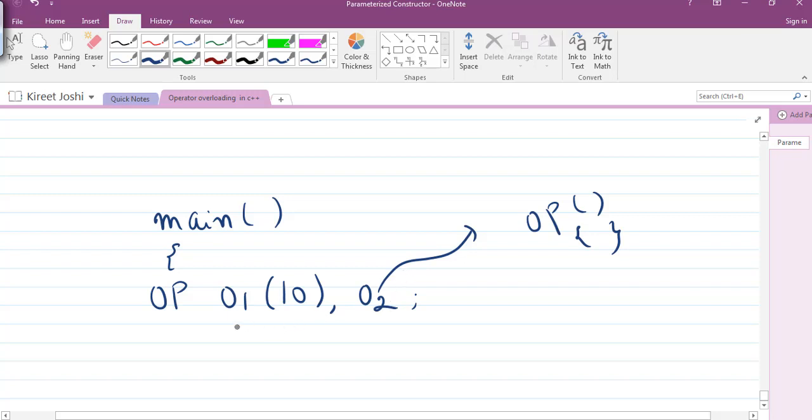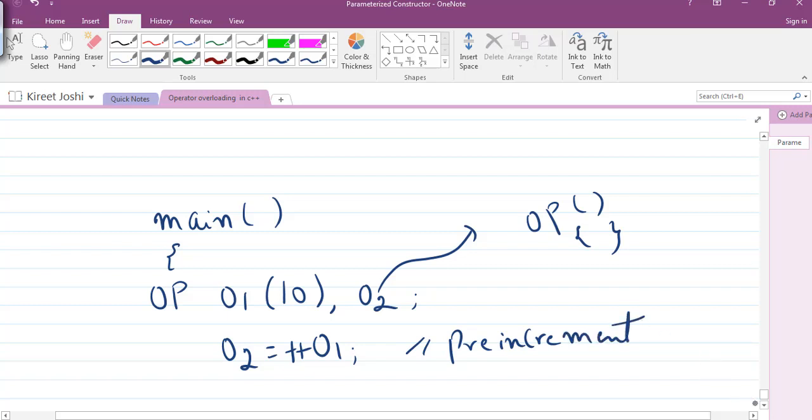Now what I'll do, if I just write O2 is equal to O1 plus plus, okay, but as we are working with pre-increment, we can't write O1 plus plus. So instead of O1 plus plus, we have to write plus plus O1. So there is a difference. This is pre-increment. It means that the value of O1 will be incremented, and at the same time this incremented value will be assigned to O2. So this is pre-increment, so there should be no confusion.